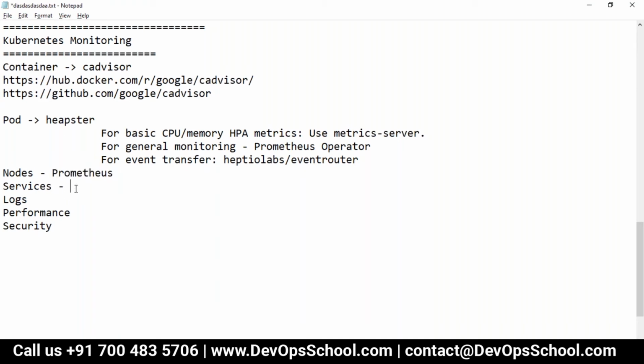For service monitoring, you can use a service mesh. Okay, multiple service meshes are there like Istio, Consul, and many things. For Elastic log, you can use Elasticsearch. Okay, for an open source performance management tool,